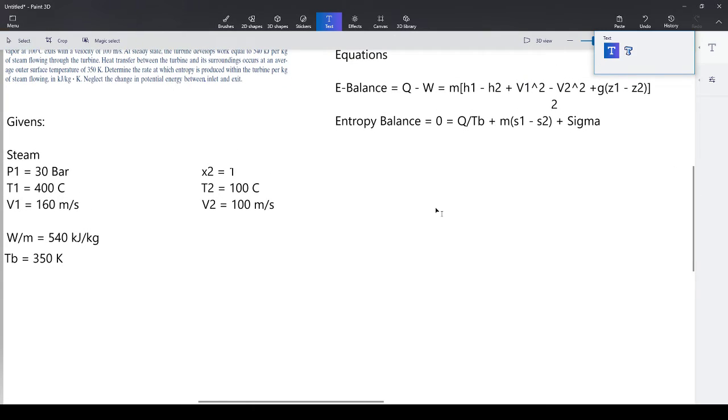So here's what we're going to do. We're going to start how we always do with state 1. And I'm going to take volunteers from the audience here. Would anybody like to tell me what we should do about state 1? Find H and S. I agree with you.